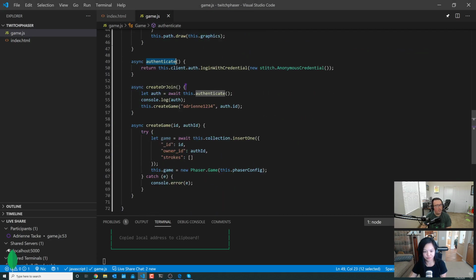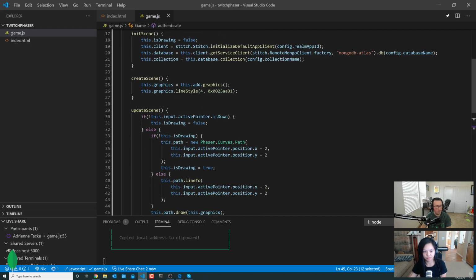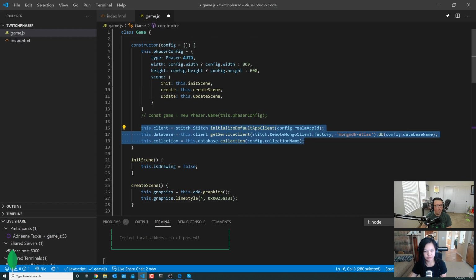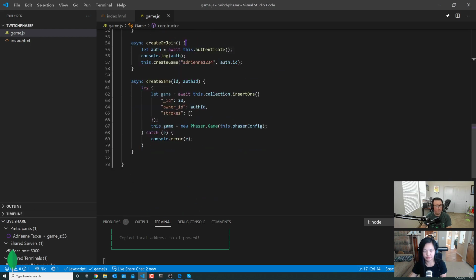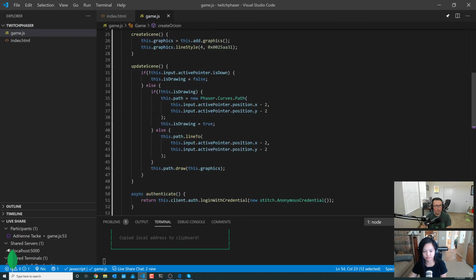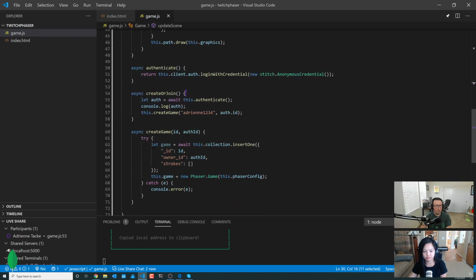Oh, you know what? We shouldn't have had this issue actually. So let me revert that, and I'll explain why. All right, so I moved it back into the constructor. We shouldn't have had this issue because, you know what? Create game, create during game. This is not part of our scene, so the scope should be correct.